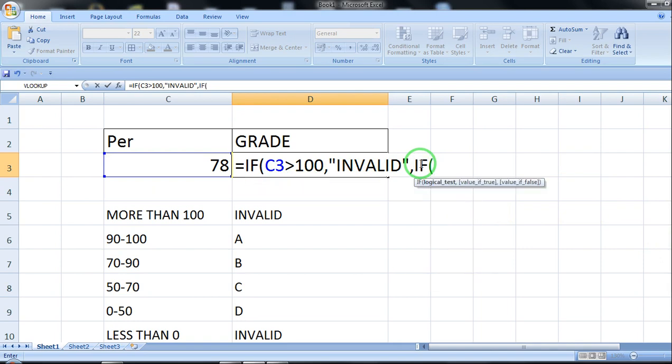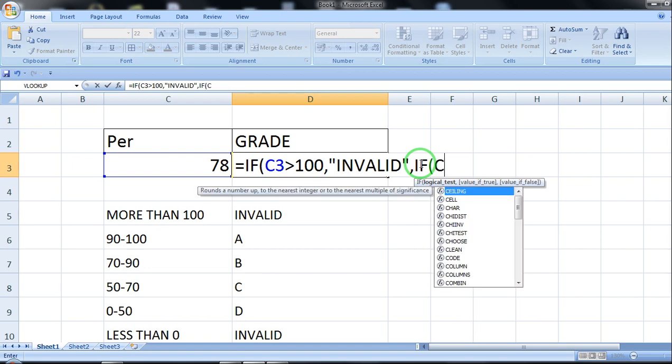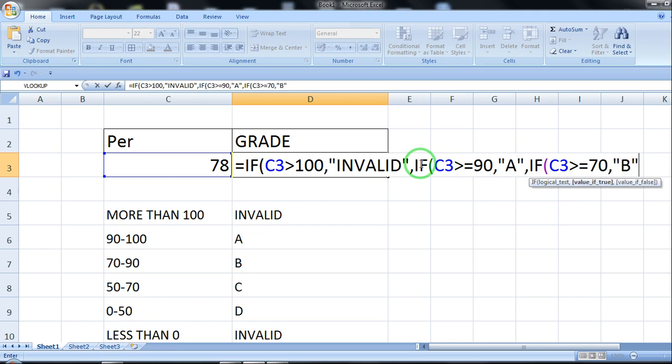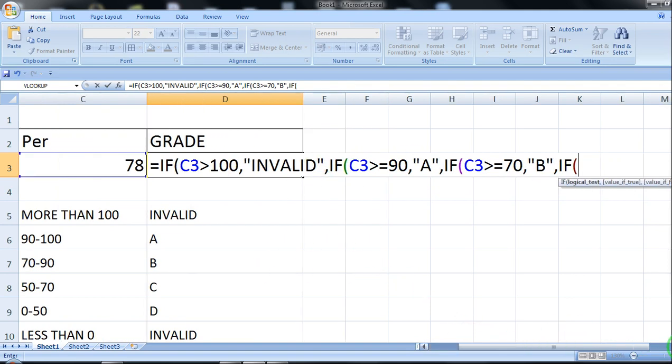If the second condition, if C3 is greater than or equal to 90, then it will display grade A. Again one more condition, just keep on writing IF C3 is greater than or equal to 70, so it should display B. Again put a comma, and then again write IF C3 is greater than or equal to 50, it should display D grade. Again IF,